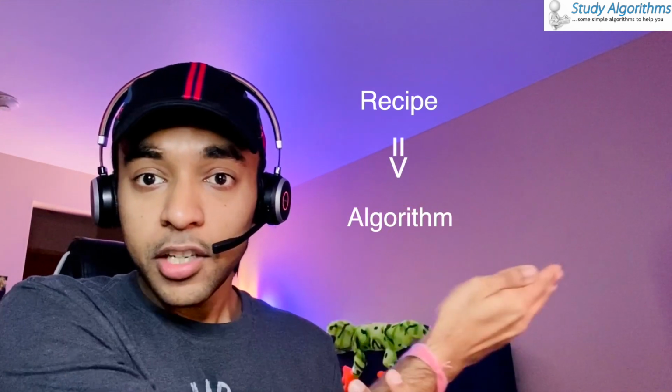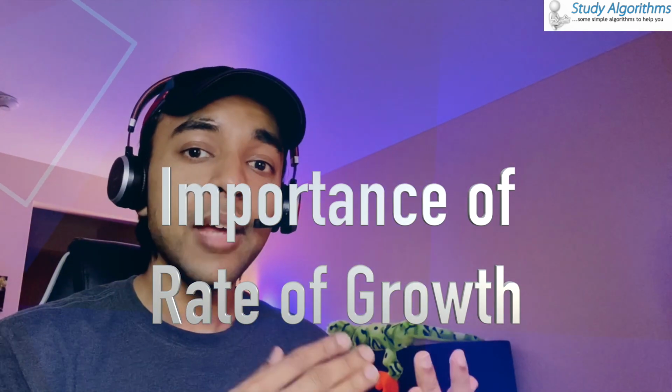So, if you compare this to computer programming, your recipe relates to the algorithm and your meal size is your input size. If your input size increases, the time taken by an algorithm to perform the same job would also increase. For example, if you're writing a program to sort some numbers, it would definitely take more time to sort a million numbers rather than sorting just 10 numbers. This is why we need to understand the rate of growth of an algorithm. You need a way to determine that, okay, if I add 10 more numbers, how much time will I take? If I add 1,000 more numbers, how much more time will I need?